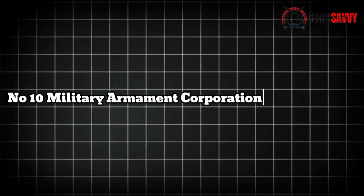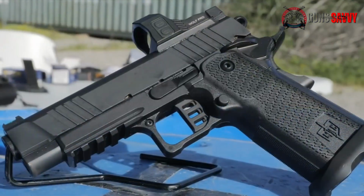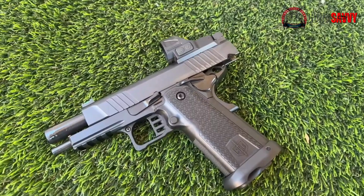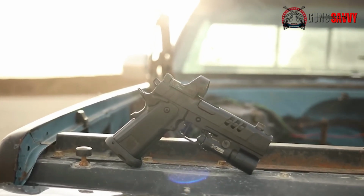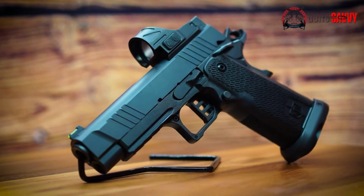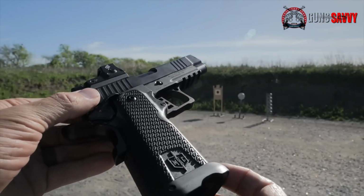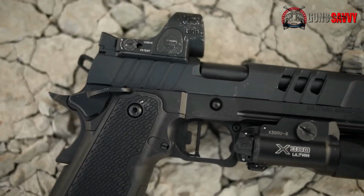Number 10. Military Armament Corporation, MAC-9 DS1911. One of the best handguns we have tested this year is the Military Armament Corporation, MAC-9 1911DS. It's a Turkish-imported 2011 style pistol that is similar to the Springfield Armory Prodigy and Staccato P. That basically means that it's a double-stack 1911 that has a removable grip module rather than a full-length frame and grip scales. It's not as refined as the higher-end pistols, but at $950, it's less than half the price of